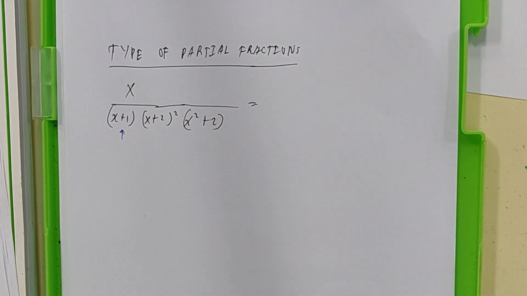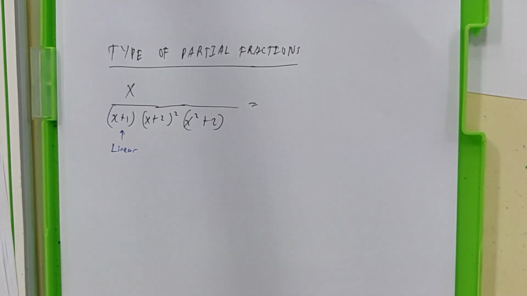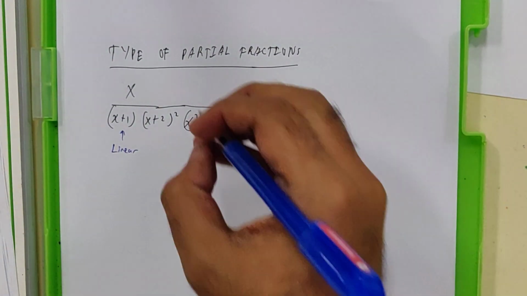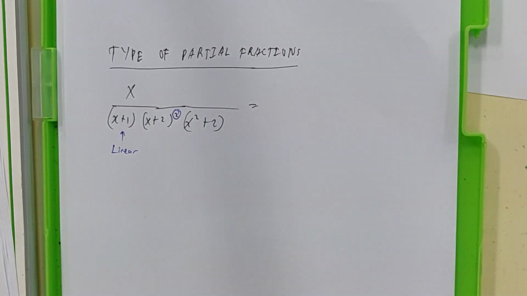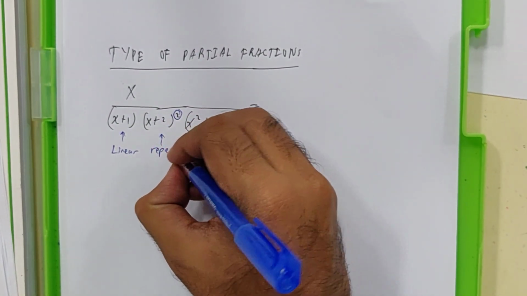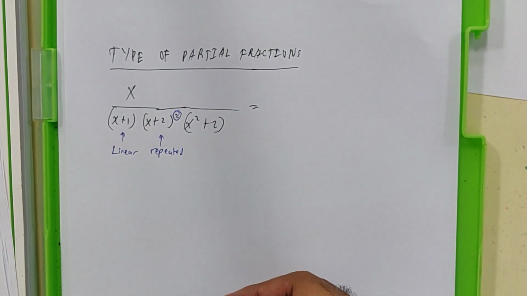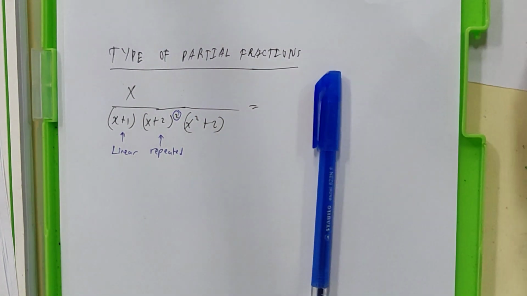Please pay extra attention because this topic is where you're going to use them again in semester 2. So semester 2, this topic you will see them again. So this is what we call linear. Just x plus 1, not a problem. The second one is what we call, you see this square? This is what we call repeated linear. Yeah, you can say that, but mostly people just call it repeated. And lastly,